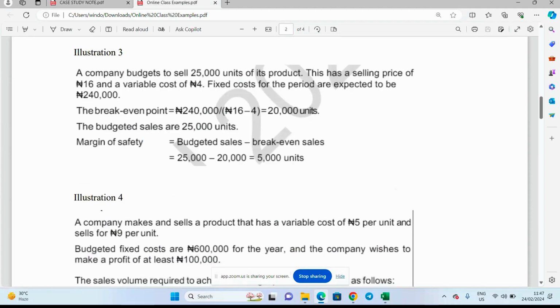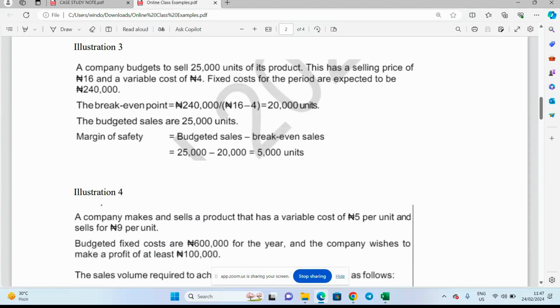Can you see my screen? Yes, we can see, sir. Read question 3 for me. A company budgets to sell 25,000 units of its product. This has a selling price of 16 naira and a variable cost of 4 naira. Fixed costs for the period are expected to be 240,000. The break-even point,